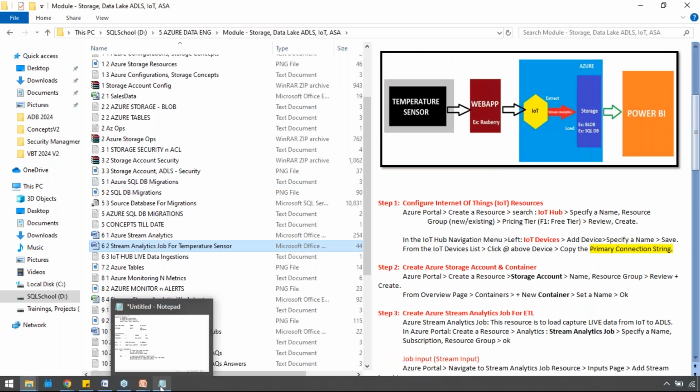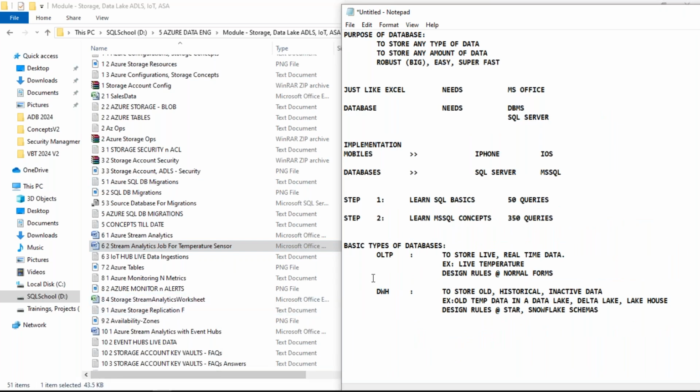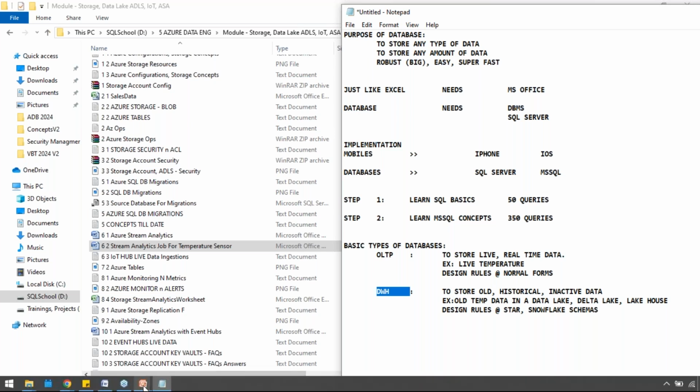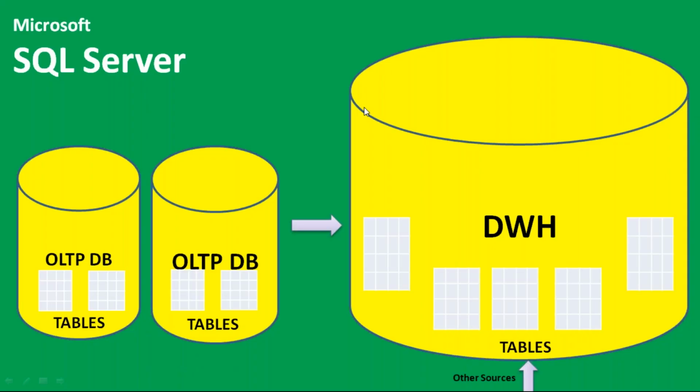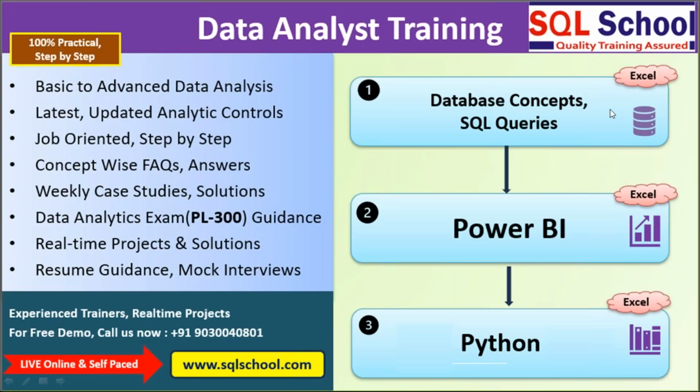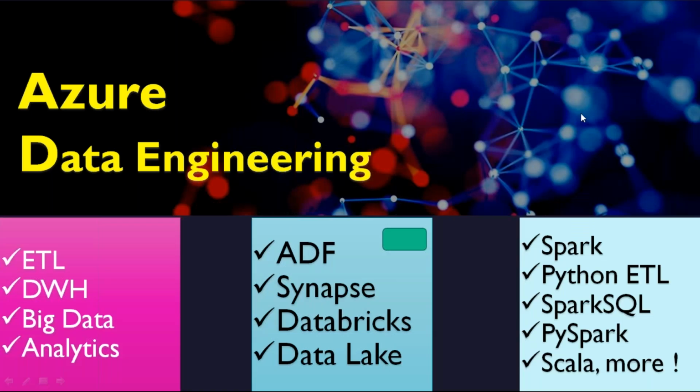What are we learning now? We are slowly understanding two basic types of databases. OLTP, the birthplace of data, and data warehouse, the storage of your data, the actual house of your data. Now, where do we start? We need to start with the green box first, installation. Once we do installation, we'll continue to our next step. It may be a data analyst job role, or it may be a data engineer job role, any of them.